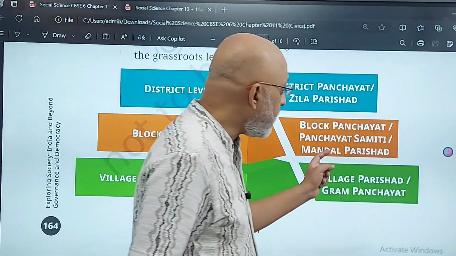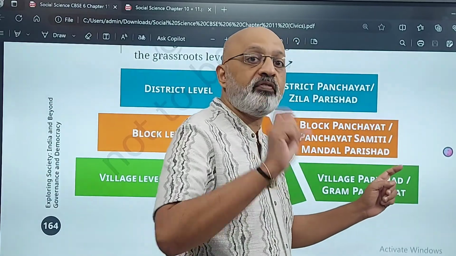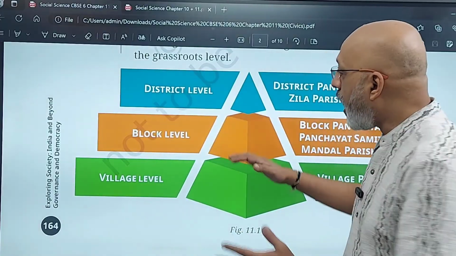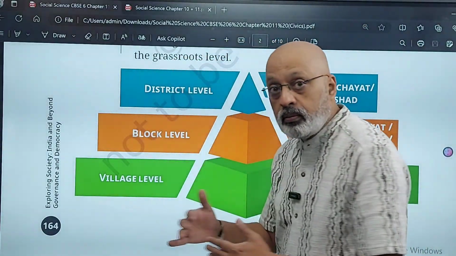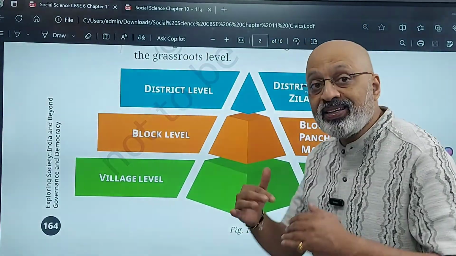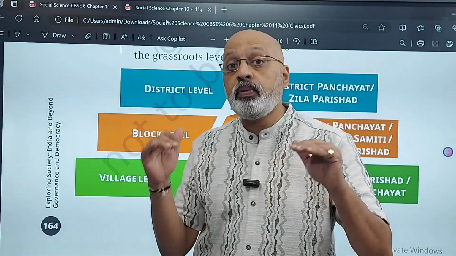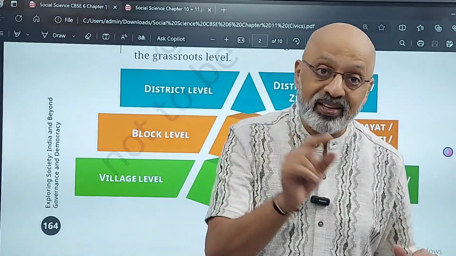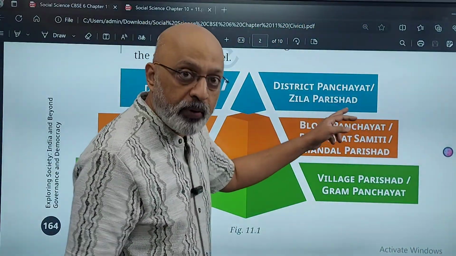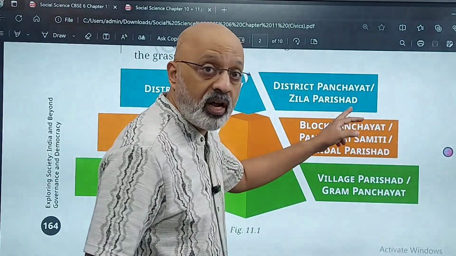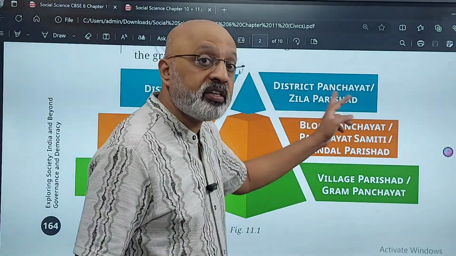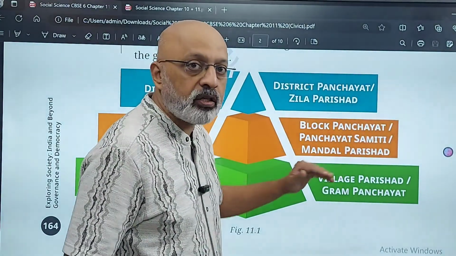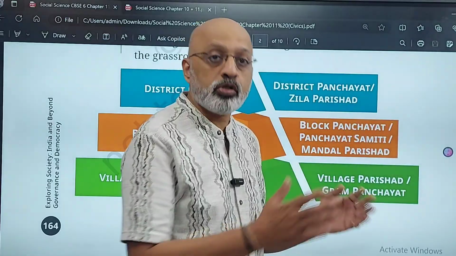जैसे तेलंगाना में it is called the mandal parishad. So different states have different nomenclature. So यहाँ पर मंडल परिषद बोल सकते हैं ब्लॉक लेवल पे. अभी many blocks को मिलाकर it is called at the district level, जहां पर district collector will be the IAS officer in charge of the entire district as the representative of the state government. But there it will be called the Zilla Parishad. As I said, in Telangana it is called Zilla Parishad. In some states it can be called the district panchayat. But Zilla Parishad, Mandal Parishad, Gram Panchayat, these are the more common names used in most of the states.